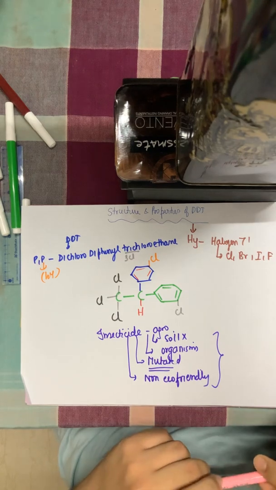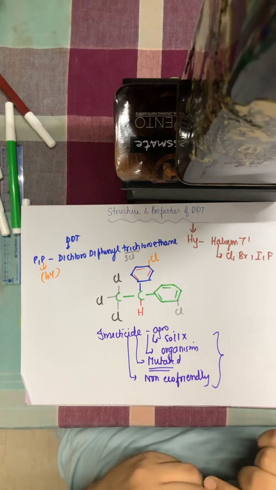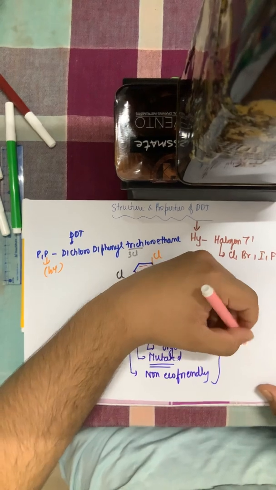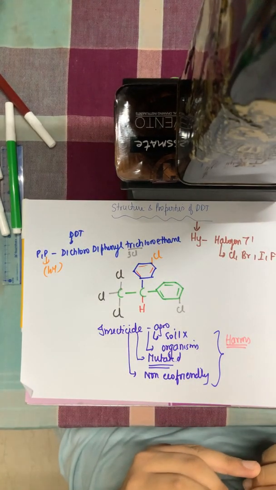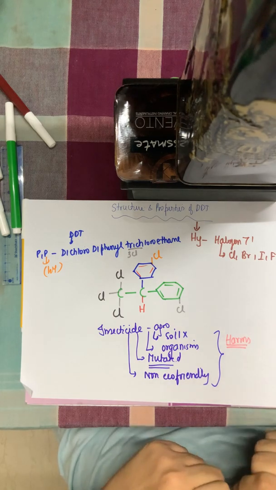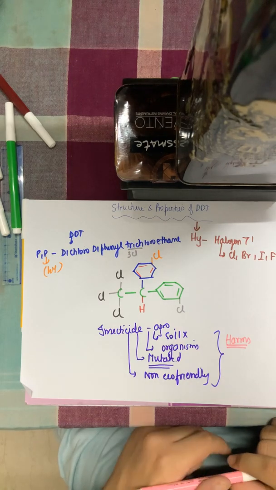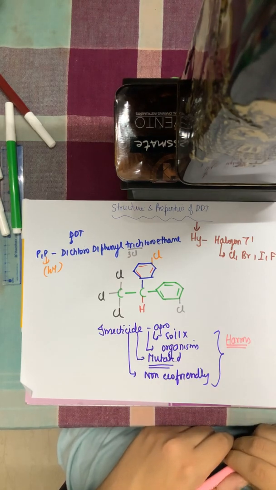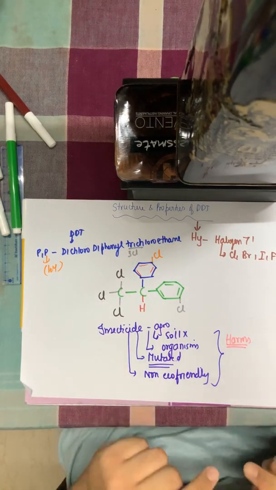So that's why in many countries like the US and others, DDT use was banned, but still illegally in some countries it is being used, and new insecticides have replaced it. So these were the harms of DDT, and that's why it is not used nowadays. This was about the structure and some harms of DDT, which was initially used as a very effective insecticide. Initially it worked, but now resistance has been developed by the insects. That was all about DDT, which is a polyhalogen compound. Why polyhalogen? Because it has so many halogens in it, 5 chlorines. That's why it is polyhalogen.